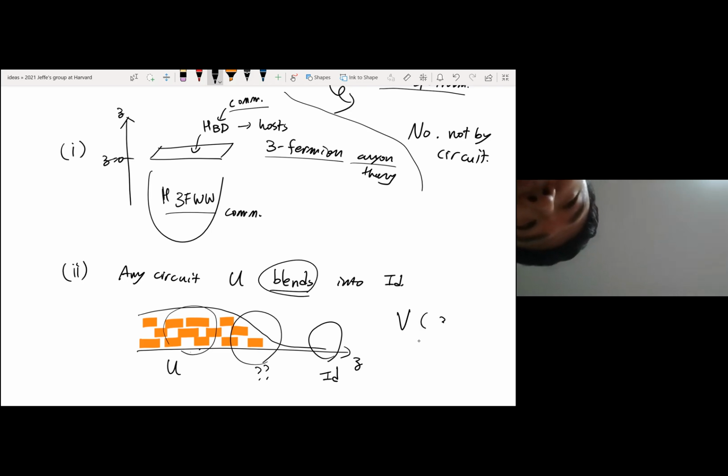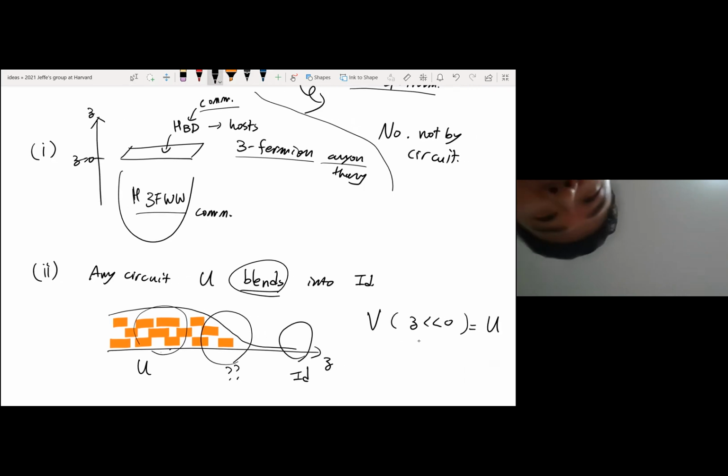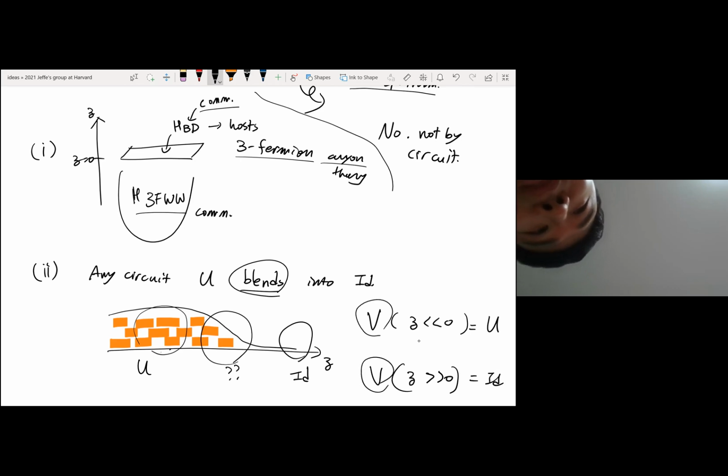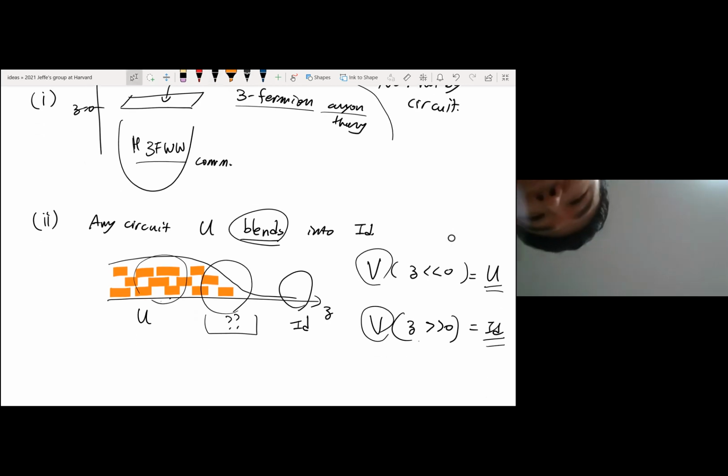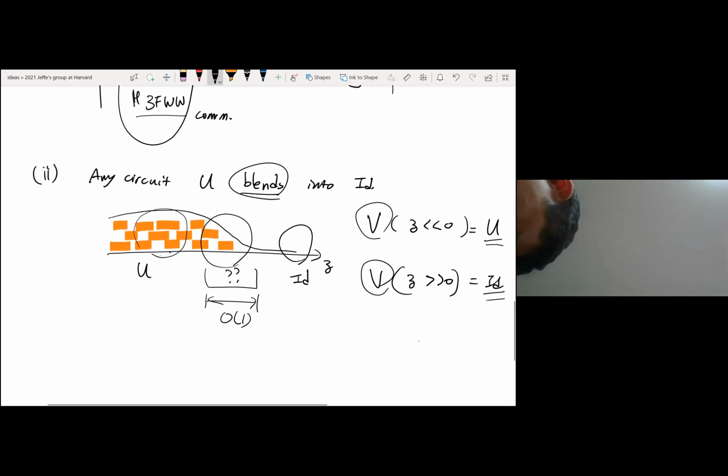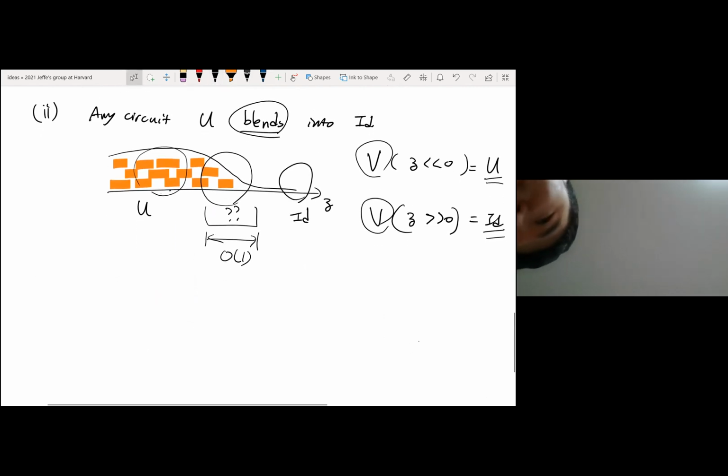V, such that in the large negative portion, V matches U. In the middle, something happens. And for the very large positive side, V is identity. So if such a V exists, then we say U blends into the identity. And this is the blending region. Since my circuit consists of strictly local gates, this blending region can have constant size. Now let's combine these two observations under the hypothesis that my Hamiltonian,